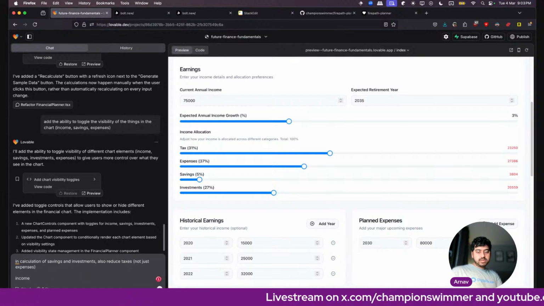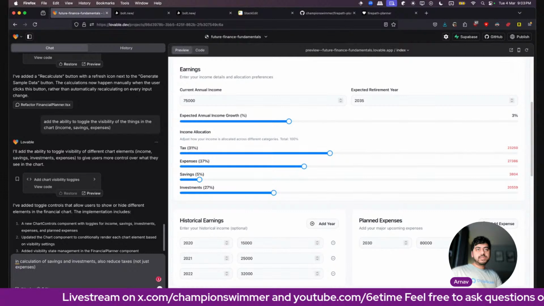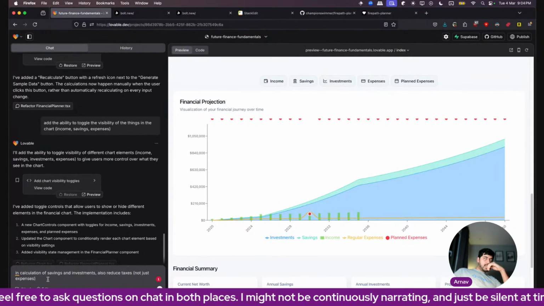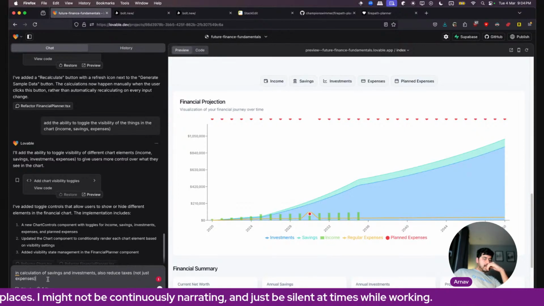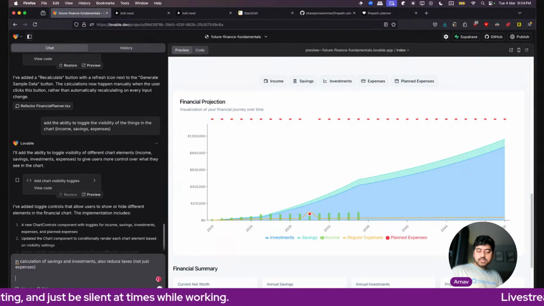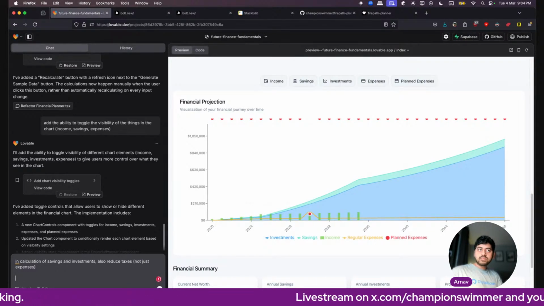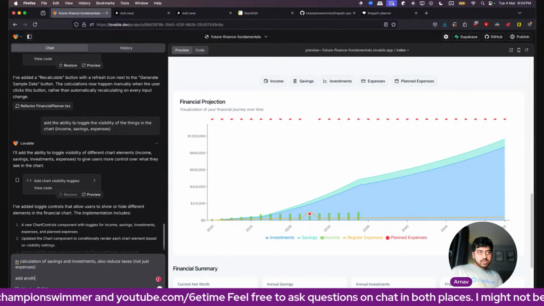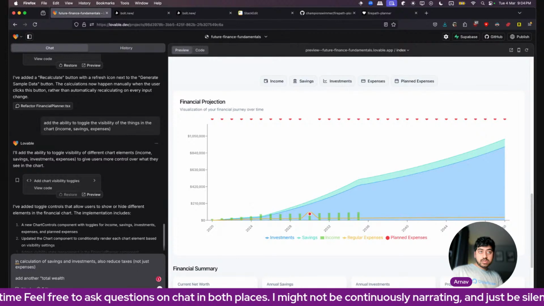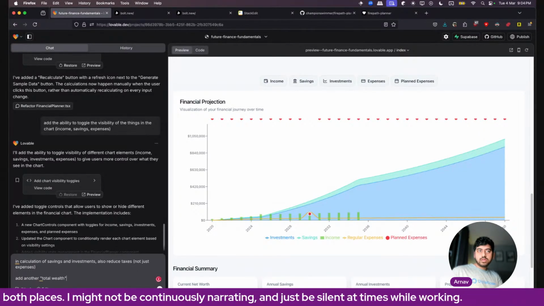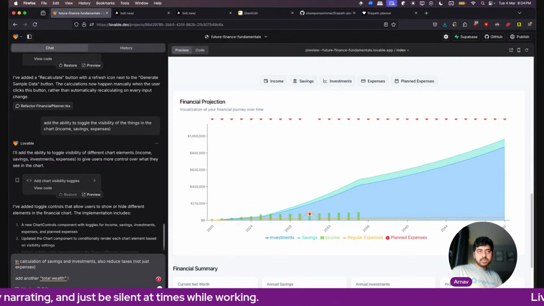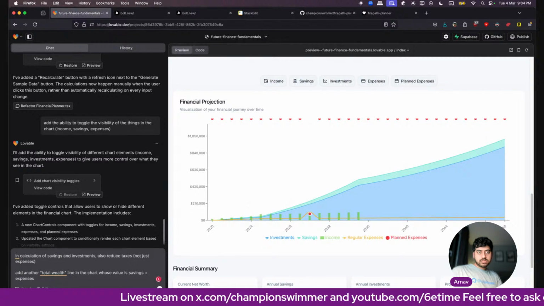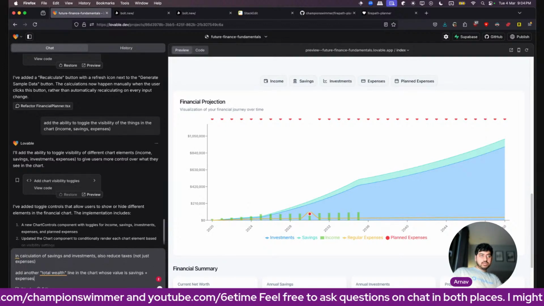So income equal to tax plus savings plus investments. Is it already not happening though?